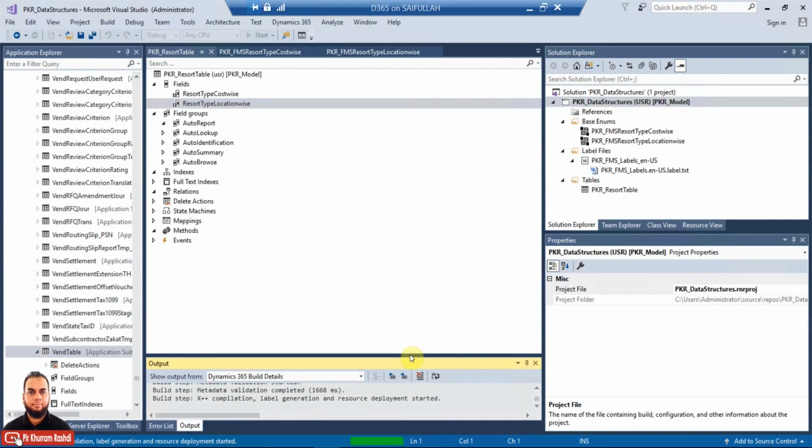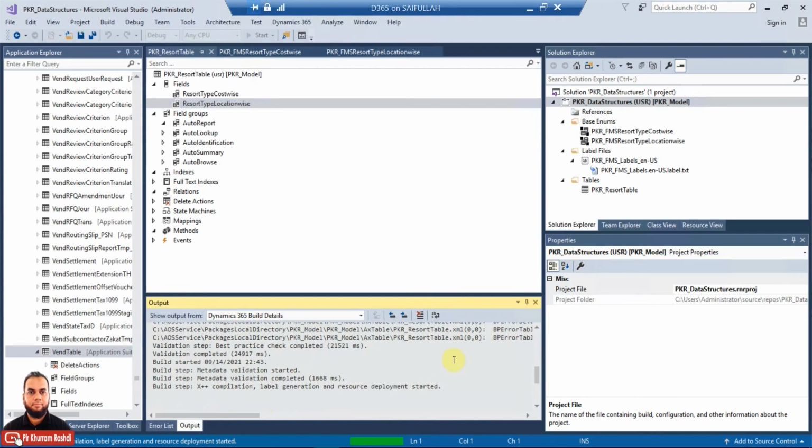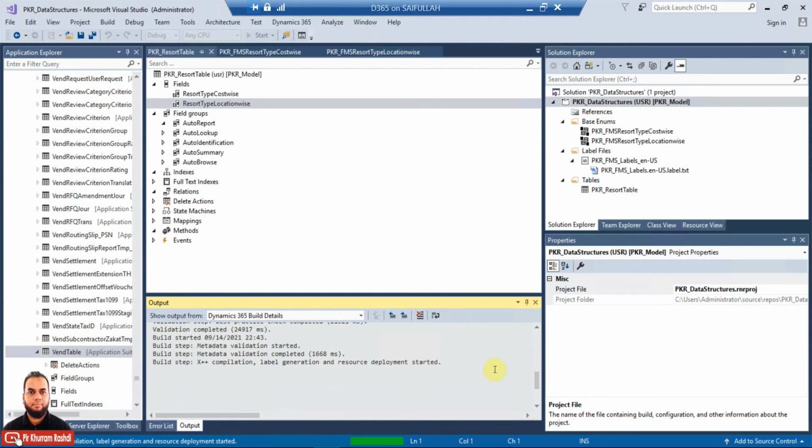In the output window you can see whatever activity is performed by Visual Studio. It includes X++ compilation, label generation, resource deployment, and apart from this the DB sync will also be included, which normally takes time. So whenever you have data dictionary changes like table creation or adding a new field into an existing table, only then should you turn the DB sync option to true, otherwise it will take time.